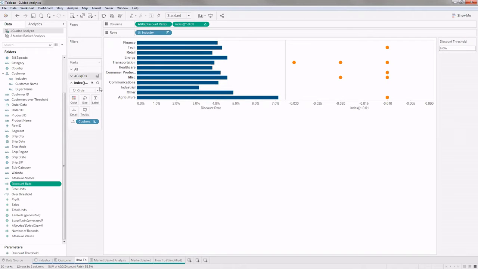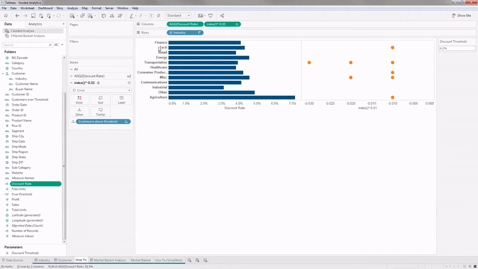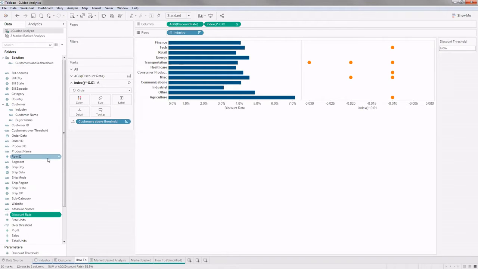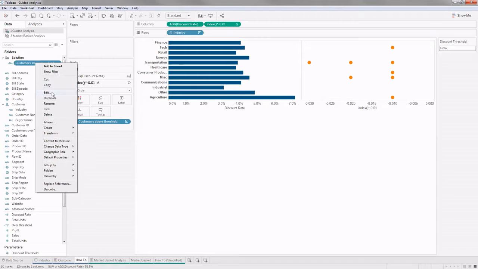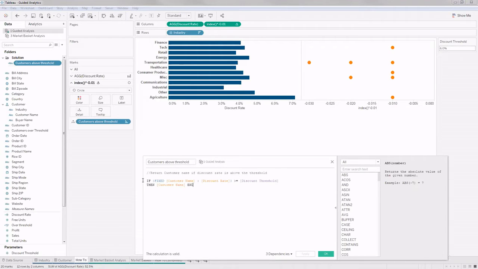Now I need to see, since my visualization is already at the industry level, I want to provide the details, these points at the customer level in each of these industries. So I need to do a calculation at a customer level. Basically, I'll first find out at the customer level.